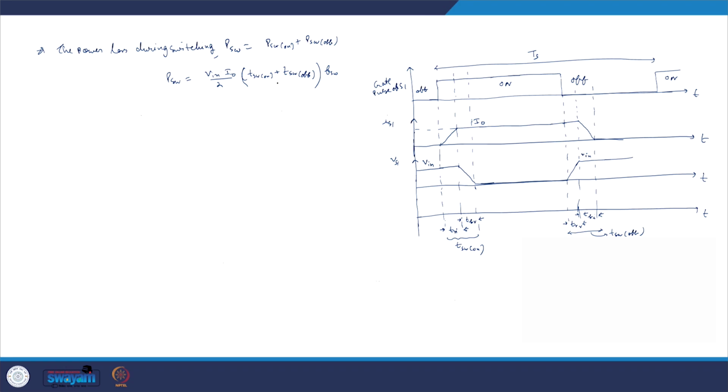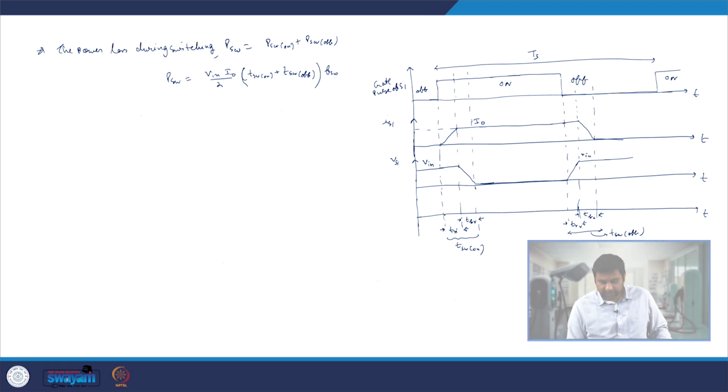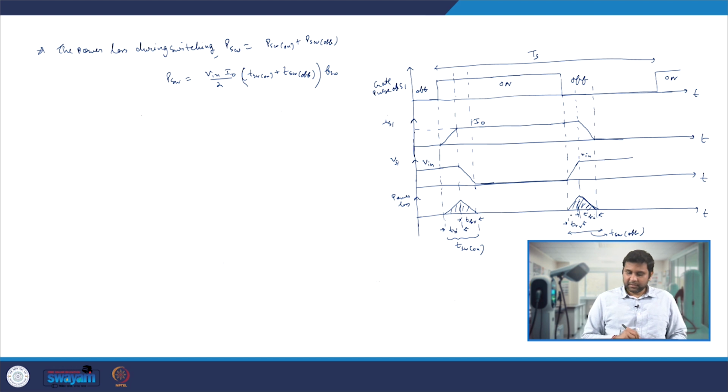And if you look very carefully, if we try to see how the loss varies, in this period the multiplication is going up, it reaches a maximum value, and then here it is falling, it goes down and becomes 0. So this is nothing but your power loss. Similarly, in this time here it is rising and this is constant, this is rising and this is falling over this entire period. So this is nothing but the power loss during the turn on, switching on case, and power loss during the turn off, switching off case.